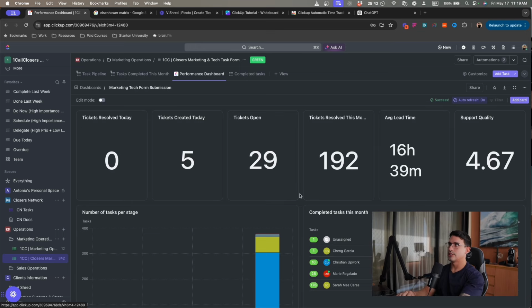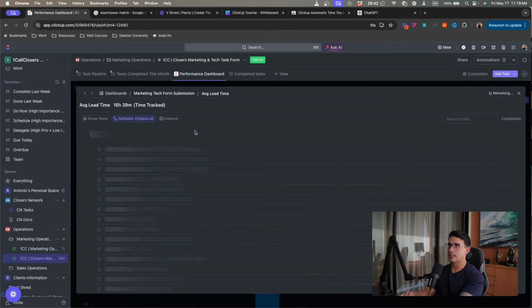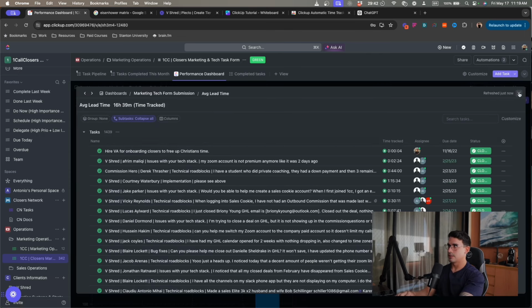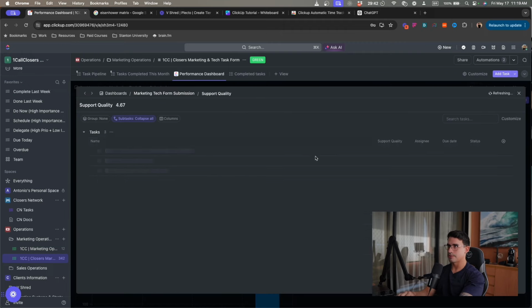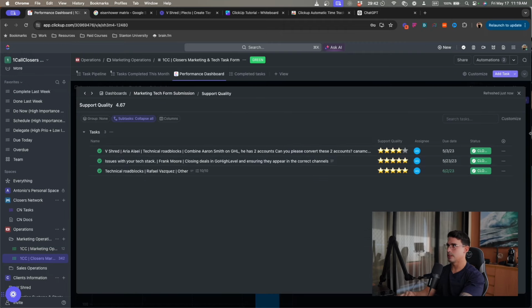And then I can see here the number of tickets created, tickets open, resolved, what is the average lead time, meaning how much time it typically takes to resolve a ticket, and what is the quality of the support based on what the person is sharing here.